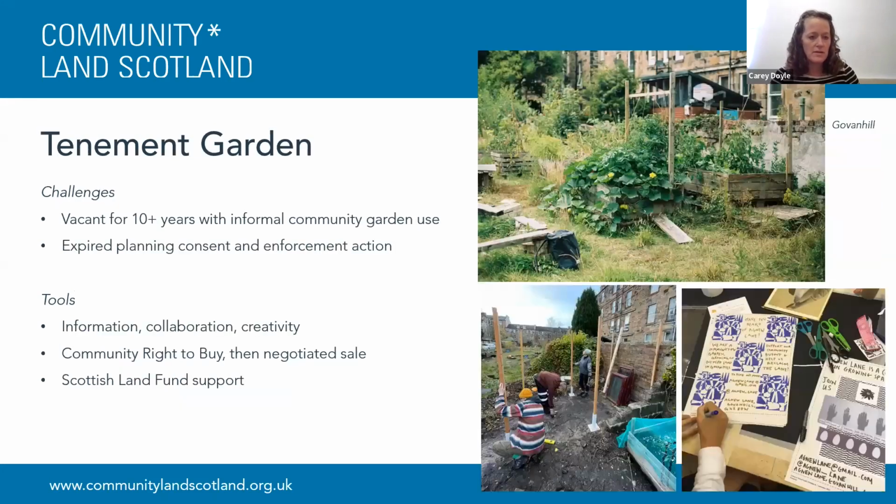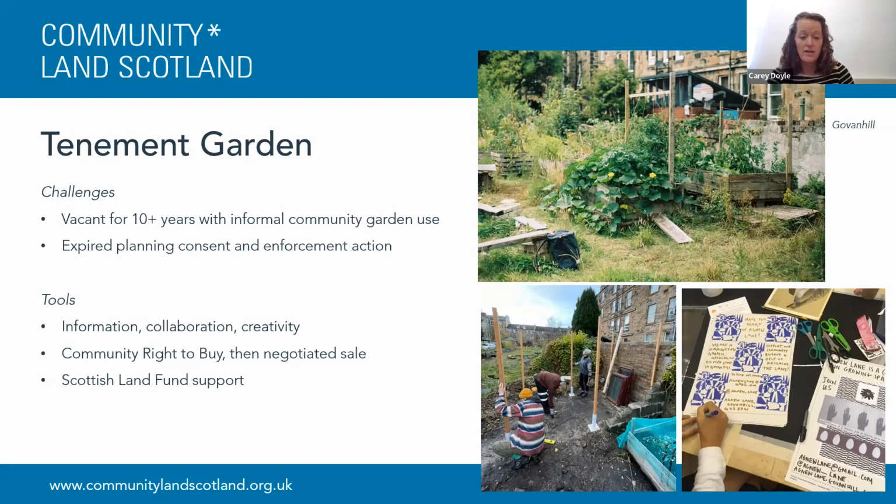One other example then is a tenement garden here. The challenge on this site was that it's been vacant for more than 10 years, and it's been an informal community garden use. There's an expired planning consent on it, and enforcement action was occurring 2 years ago that the community became involved in. The tools that they have used now to bring this land into productive use and to implement their vision for it